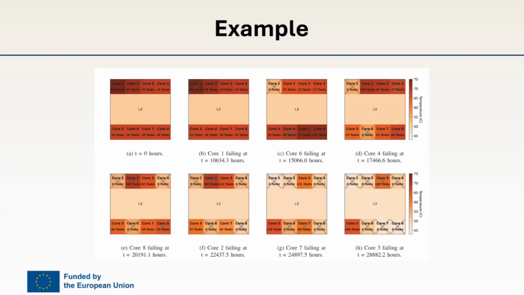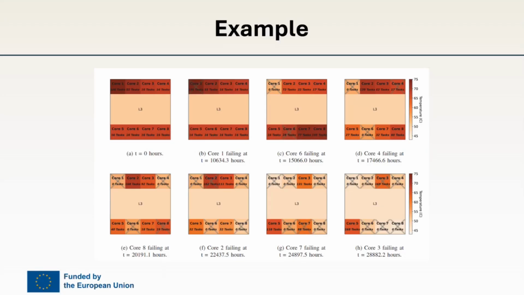So this is the final slide, and here I want to quickly show you what is happening. In the first case, you can see that all the cores are active, and the tasks are relatively equally distributed. Then, because core one was more overloaded by the scheduler, it is the first one to die. And then the tasks are shifted more to the other cores. But the important point to note is that even if a core dies, our simulation takes into account the